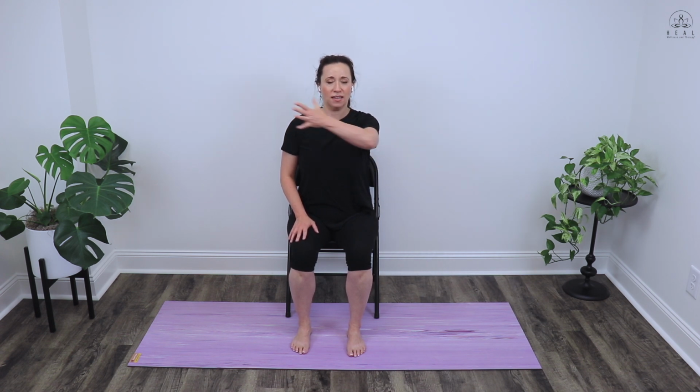Releasing the arms down, regardless of which way you're doing it, and then allow yourself just to do a couple of circles with your shoulders to increase your blood flow. And then let's repeat it on the opposite side. So the more modified way is to take the left hand to the right shoulder, right hand underneath the left